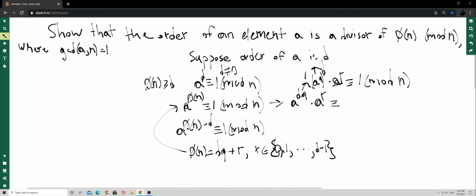So in other words, it must be 0. And it directly follows that if we plug r equals 0 into here, we get that phi of n is some multiple of d, and it directly follows that d divides phi of n, which is exactly what we wanted to prove up here. So I will smack that QED sign up there,